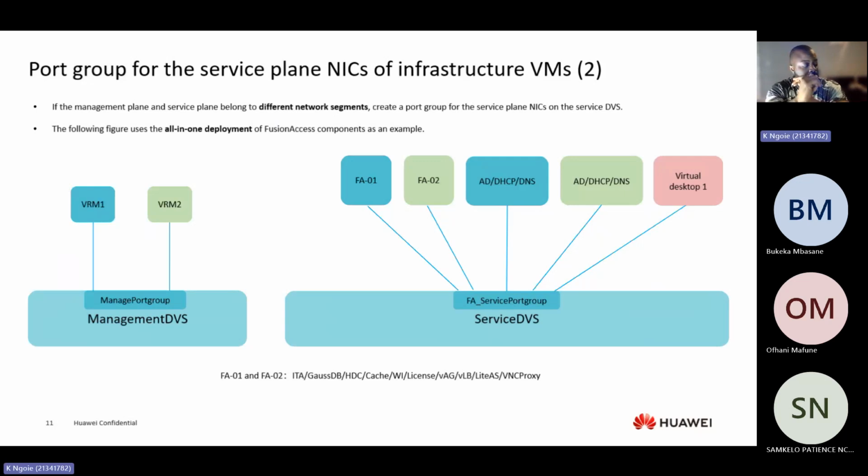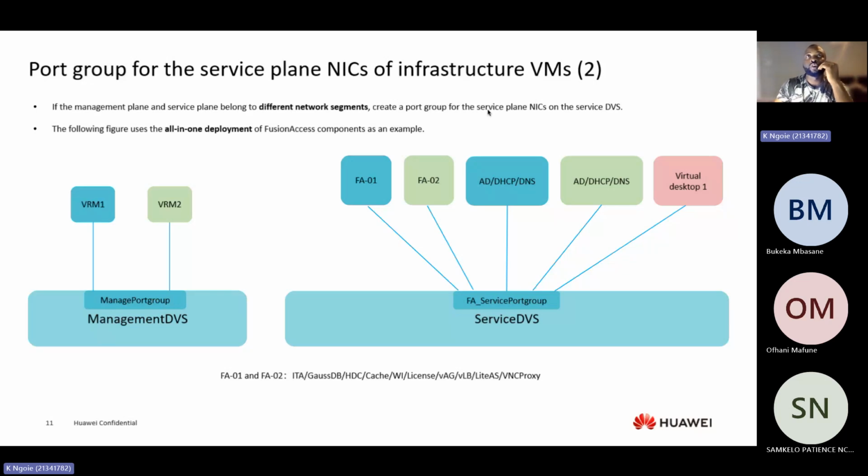So remember, system management, you have components such as the Fusion Manager on your platform. So the component, the Fusion Manager, is using a different IP from the IP that is used to deliver the desktop services, like the user sessions, like HTTP traffic. So now you have different IP addresses being used there. So the recommendation here is to